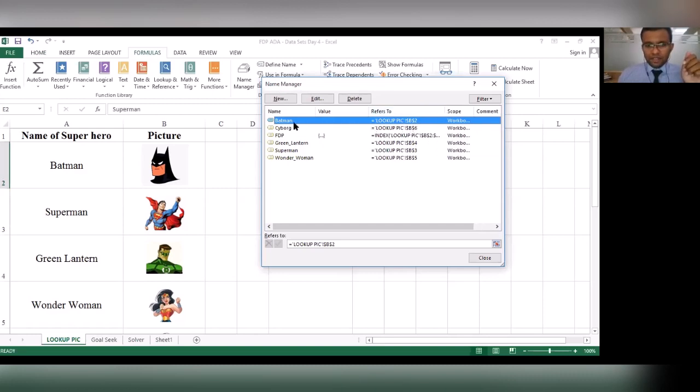What Excel has understood is, if I mention the name as Batman, Batman's picture is in cell B2. So this is fixed. This cannot change. This cannot be dynamic in nature. It has to be static. That's why it is applying the dollar symbol.